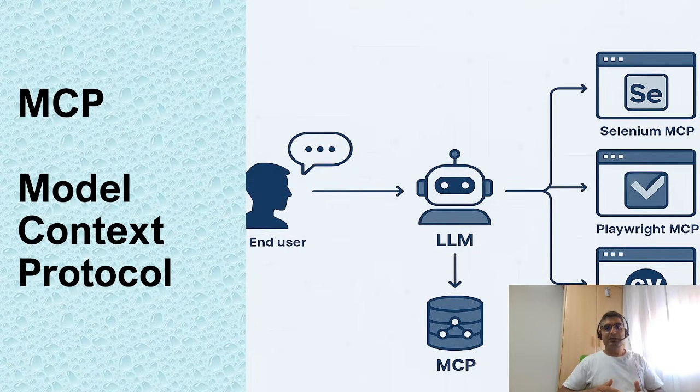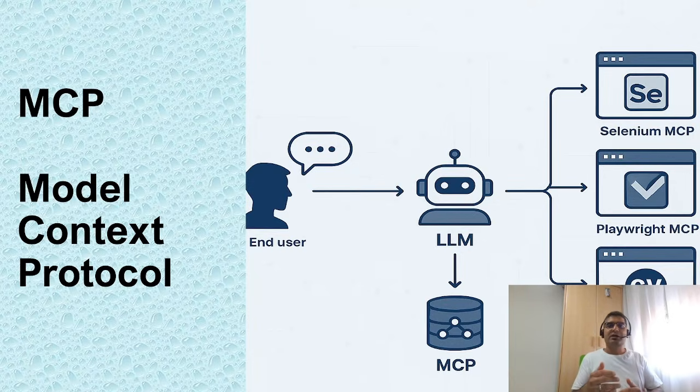Now behind the MCP there will be a list of MCP servers running parallelly. Let's say in the background there will be Selenium, Playwright, Cypress MCP. The LLM will say, okay, I need to use the Selenium MCP only, not the Playwright MCP. That particular Selenium MCP will be invoked, and that will do the magic on the real browser. All the scripts will be written and executed with the help of Selenium MCP. If as an end user I say that I want to write the code in Cypress, the Cypress MCP will be invoked. Similarly, the Playwright MCP will be invoked.